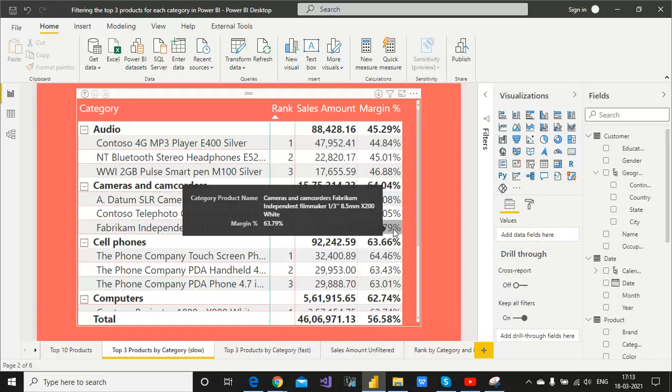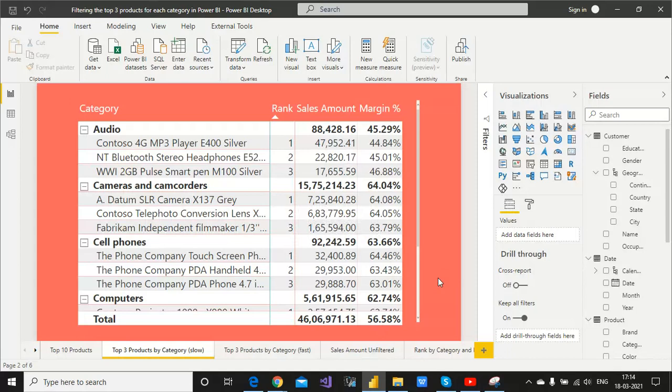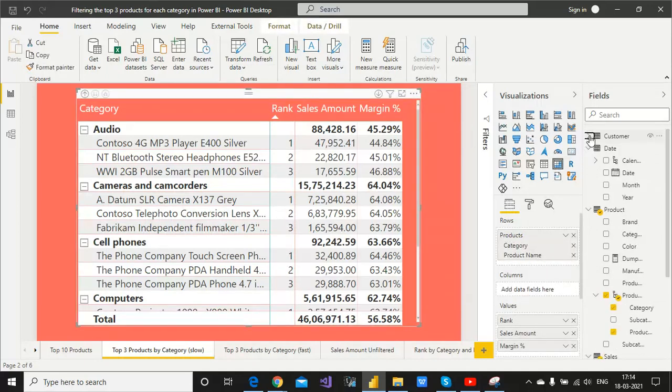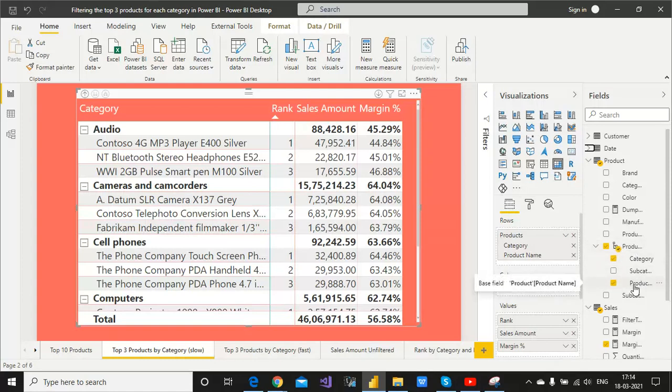So if you prepare this, you need to understand the requirement first. As per the requirement, you can build this kind of table. Let me show you the measures first, so that you can use them. Let me snap it. Yes, product. You simply drag it here, so you can create this kind of hierarchy. It's very easy.